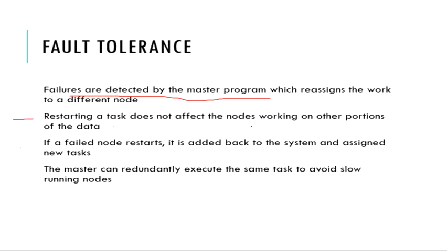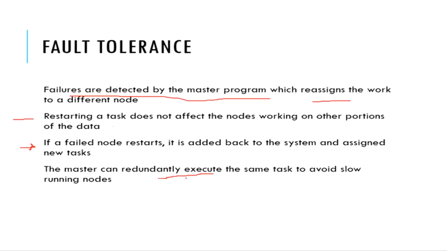Restarting a task does not affect the nodes working on other portions। हमने डिवीजन इस तरह से की थी इंडिपेंडेंटली कि अगर एक ने अपना काम 0 से दोबारा शुरू कर दिया तो बाकियों के काम को इफेक्ट नहीं पड़ता। ये सीक्वेंस में नहीं है काम कि एक के रुकने से बाकी रुक जाएंगे, पैरेलल। फेल नोड रीस्टार्ट होती है तो it is added back to the system, ठीक है। इसको नया काम दे दिया है और इसका अपना काम जो है हमने वो किसी और नोड को रीअसाइन कर दिया था।